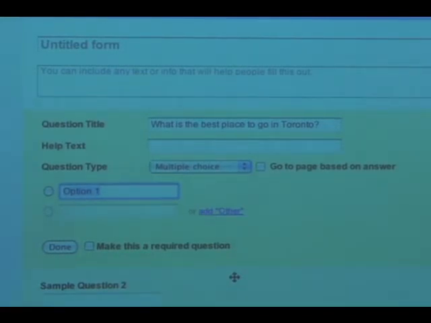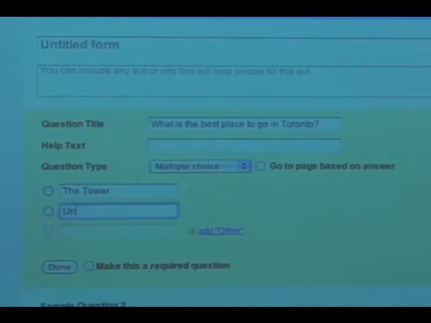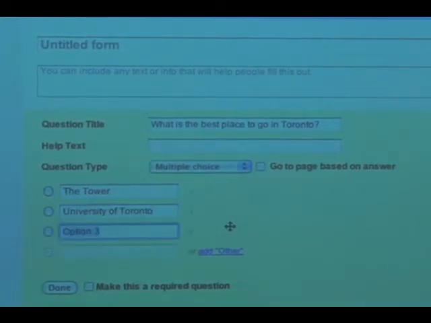Some of you are from Toronto. Where do you guys like to go? Maybe the Tower? Okay. Where else? Where else do you guys like to go? University of Toronto. Ah, University of Toronto. Nice one. The local pub where they sing and dance. I think it was just the Bridges folks that were doing that. But I could be wrong.